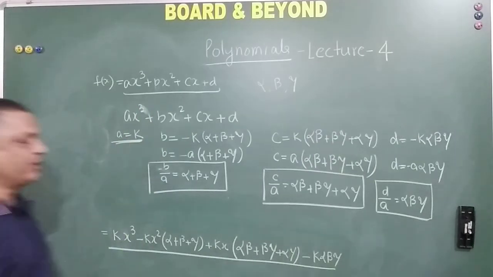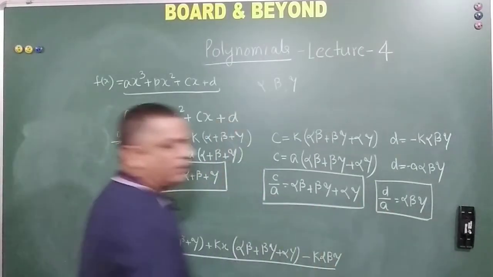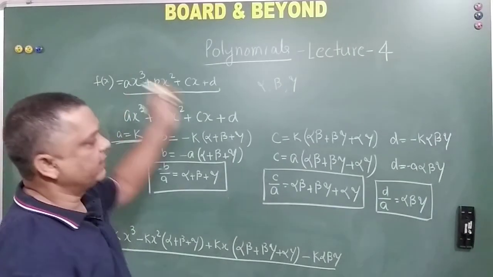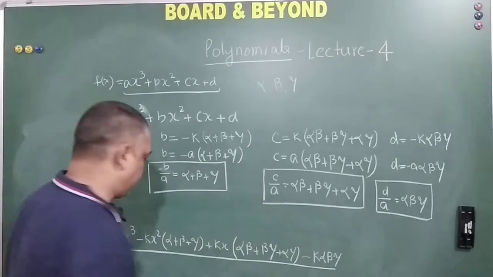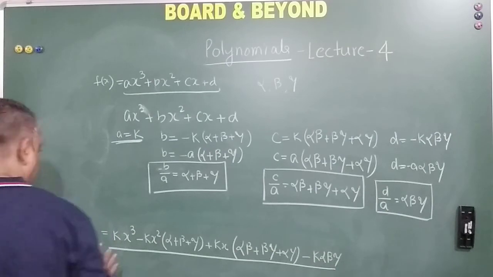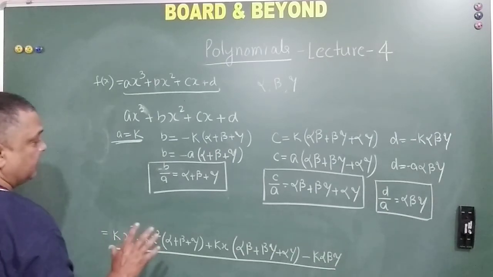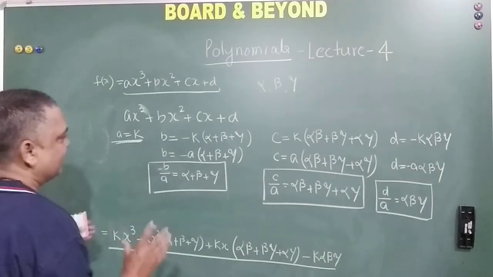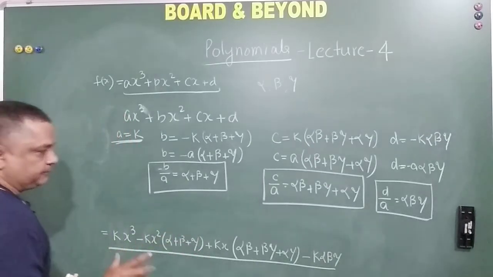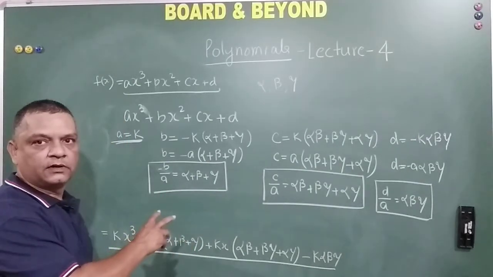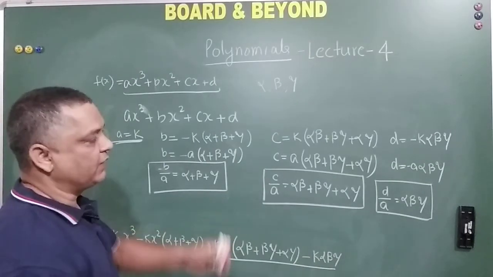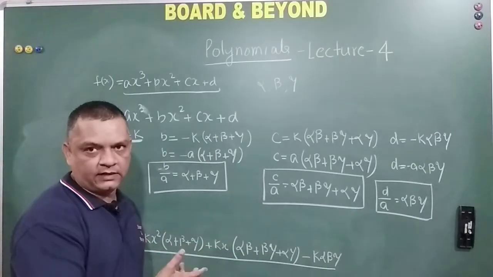Friends, you all are expected to remember this. Okay, it's not about by-hearting it. You basically can derive it also, but it consumes time. Okay, so since we have come out with this, now let me write a normal generic form of a cubic polynomial. Okay, so how do we do that? I'll have to basically rub it off, friends. So I'll just wait for a few seconds. If you want to actually make a note of it, you can do that.